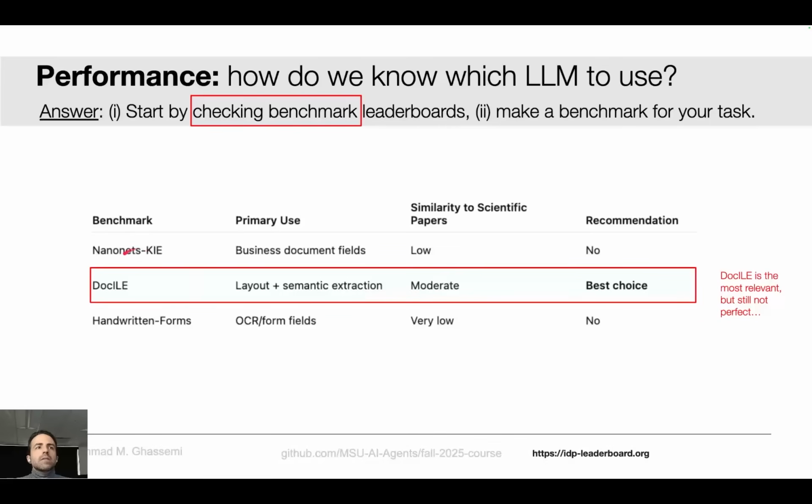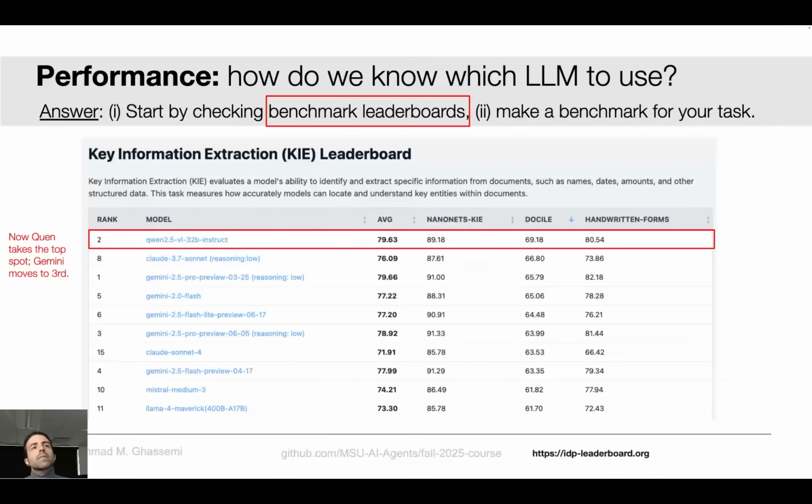Among these three benchmarks, it's very clear that Docile is the most relevant. Still not perfect, but definitely the best choice among the three. So if I re-rank this now, as you can tell by the blue arrow here, we're putting this in descending order of the score according to Docile. Now, the Gemini model moves to third place on this list,